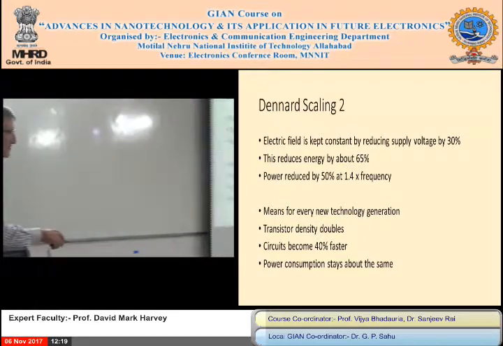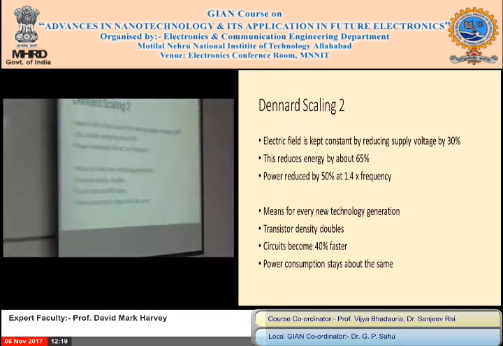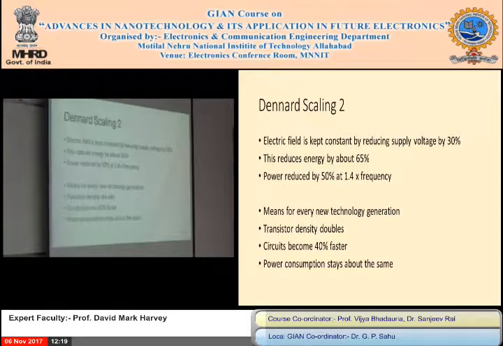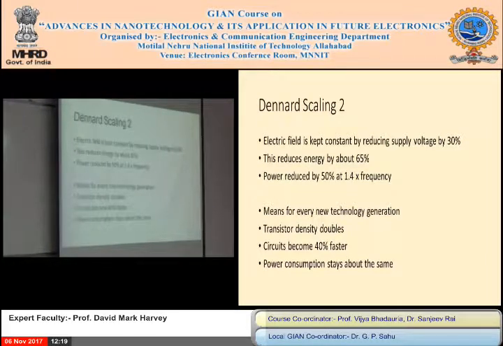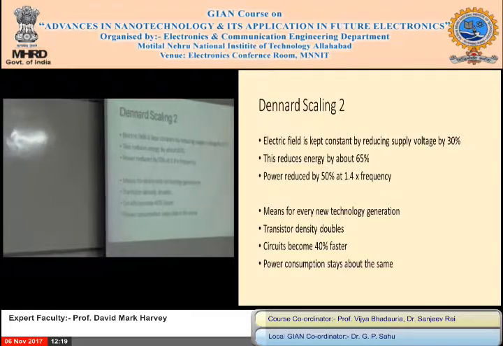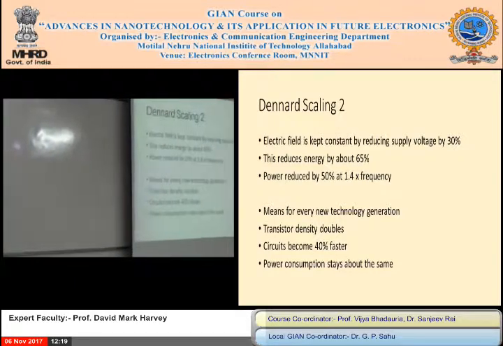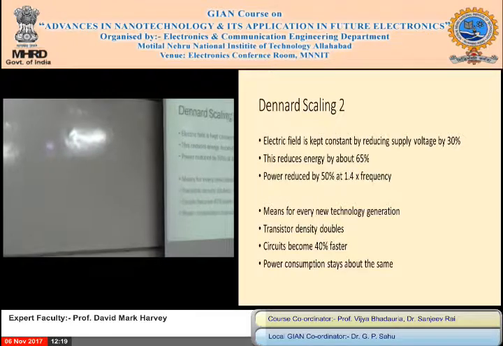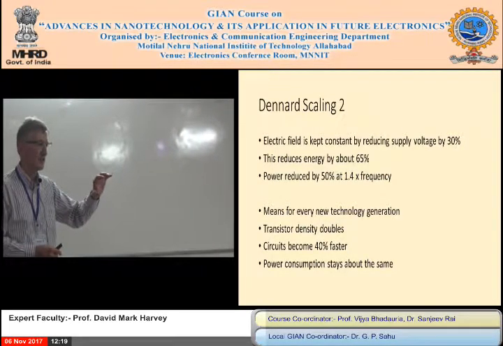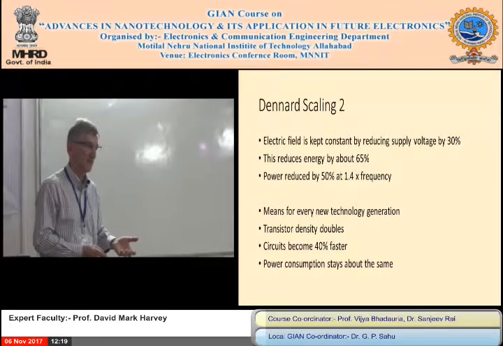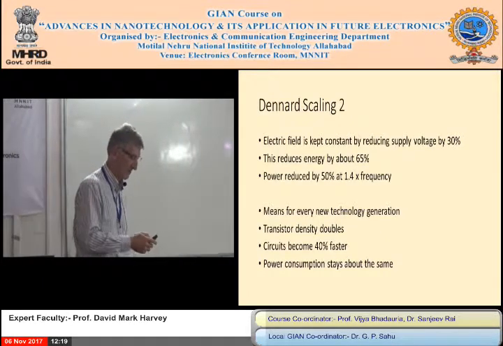Circuits become 40% faster, roughly every generation. I don't know what we're up to now, tens of gigahertz, coming into microwave technology. Power consumption stays about the same. How amazing is that? So power consumption didn't stay the same. It's about 100 watts now on the big chips. If you've got 100 watts in a small chip, about 2 or 3 centimeters by 2 or 3 centimeters, you can't get rid of the power. 100 watts is a lot in a chip.